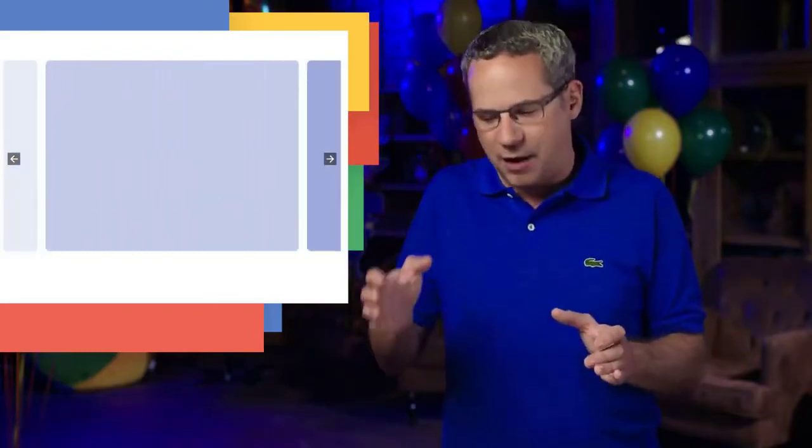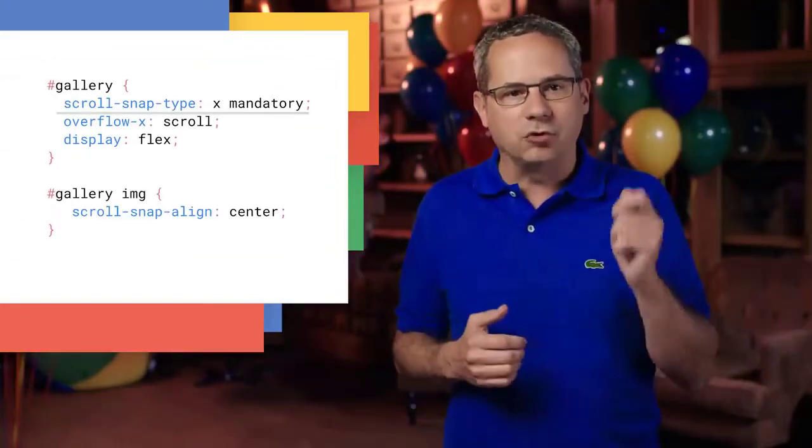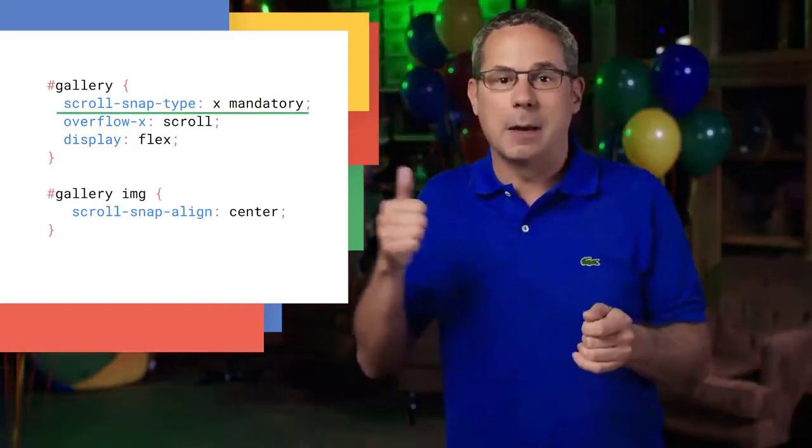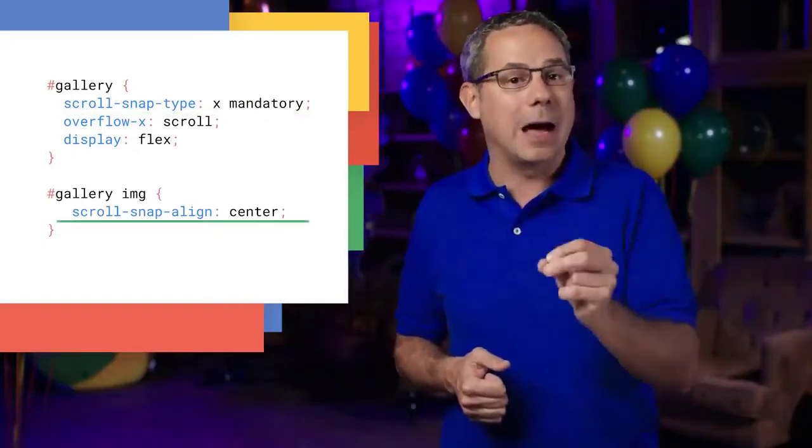CSS Scroll Snap allows you to create smooth, slick scrolling experiences by declaring scroll snap positions that tell the browser where to stop after each scrolling operation. This is super helpful for image carousels or paginated sections where you want the user to scroll to a specific point. For an image carousel, I'd add scroll-snap-type: x mandatory to the scroll container and scroll-snap-align: center